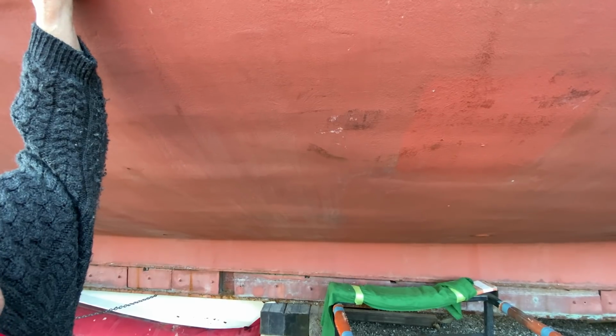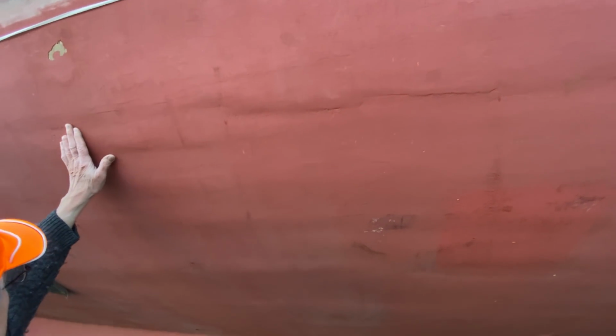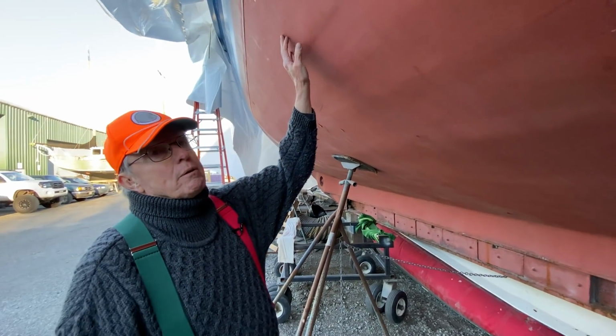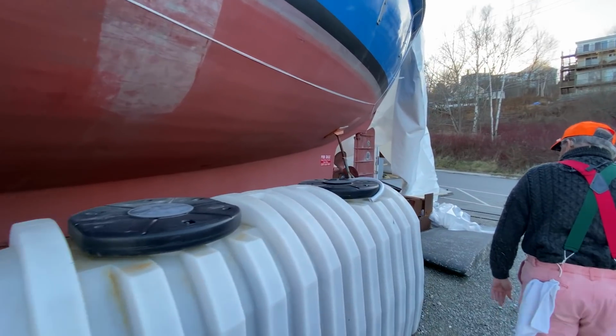This is 4 more layers of fiberglass right here that's designed for protection from anything floating they may run into, just to protect the hull that much more. The rest of it's all glass over wood. This is metal,